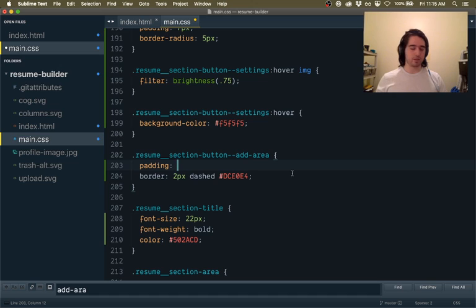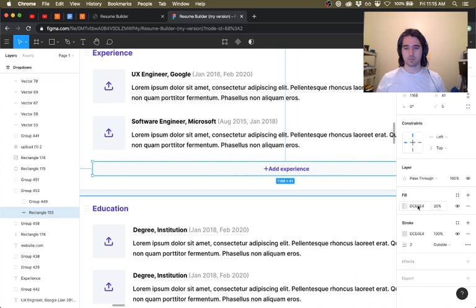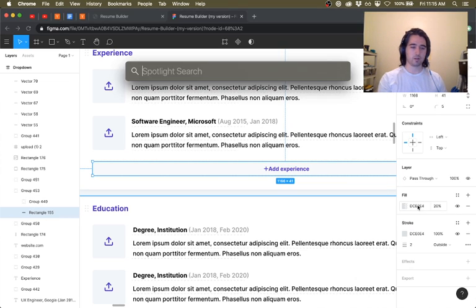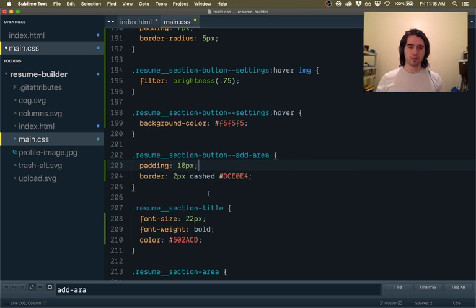So 12 and 10. So we're going to do, I think, just 10 px. I don't like putting more padding on the top. So we'll try this. And then we've got a background on this. Oh, this at 20%. Okay, so we need to do a color pick on this. Okay, so we'll do